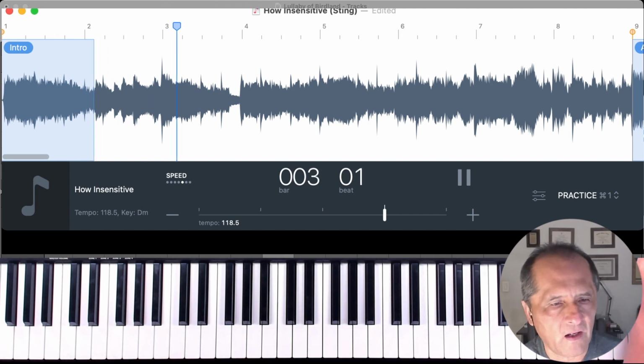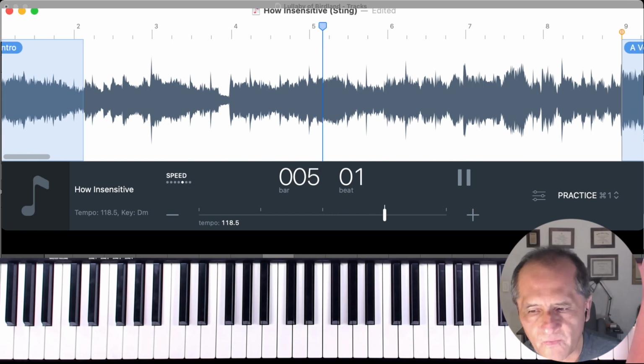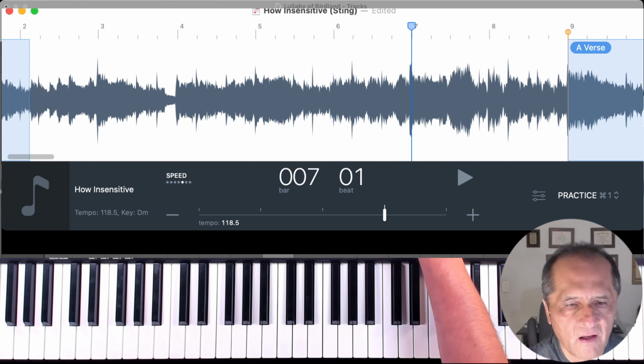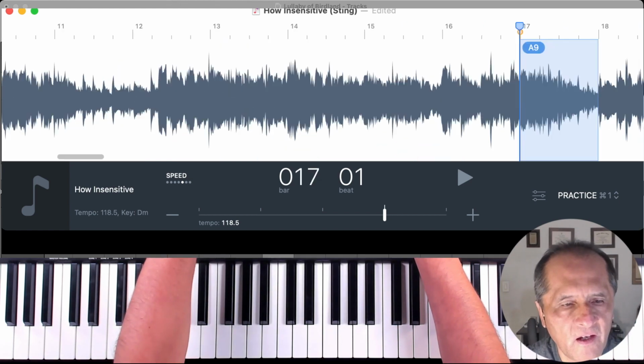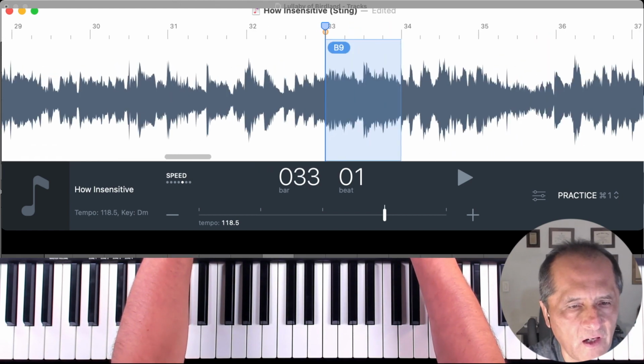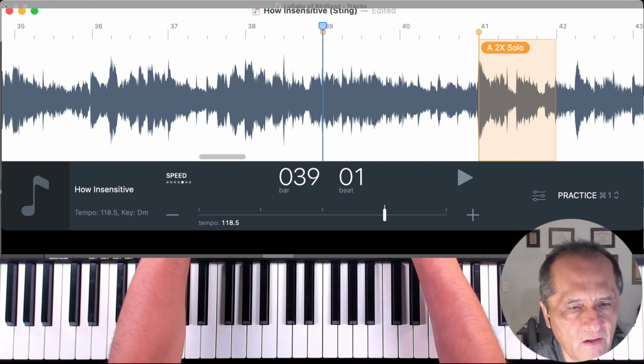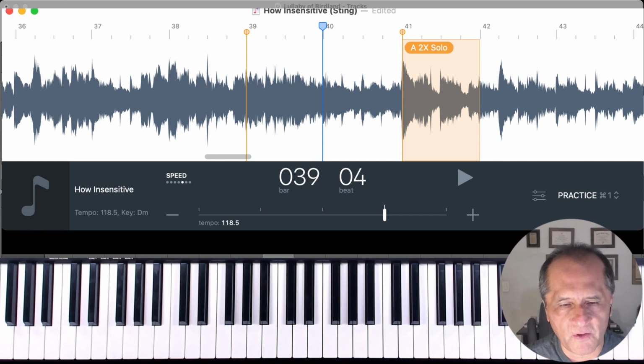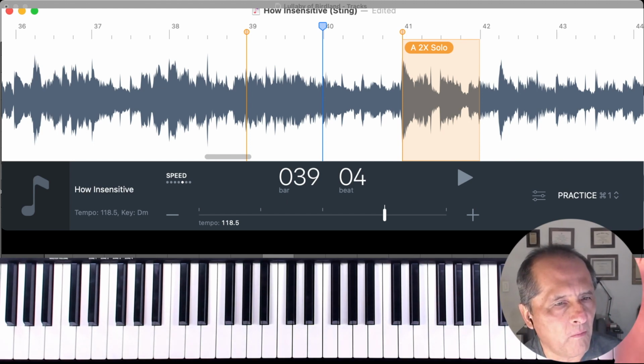Beautiful. And I can go to any part of the section that I want to go. Okay, so perfect. So that was a bit of Sting. Okay, so how about let's go back to